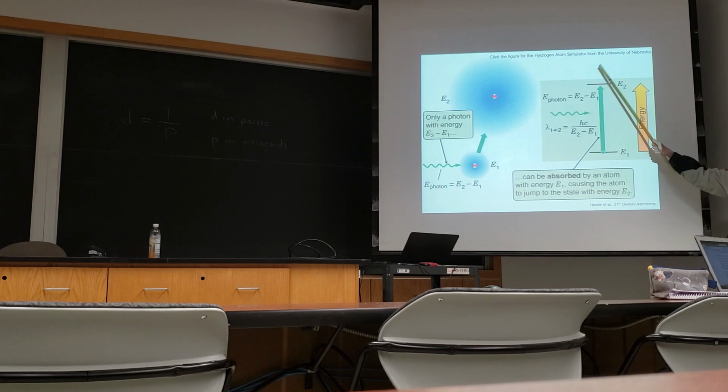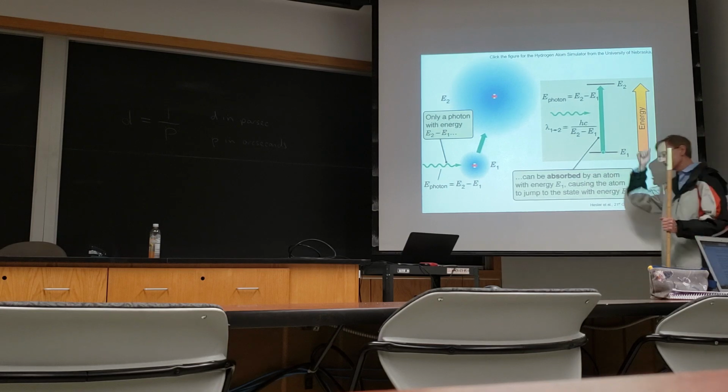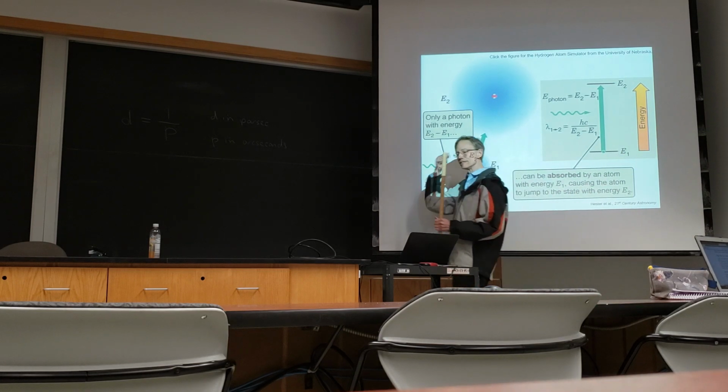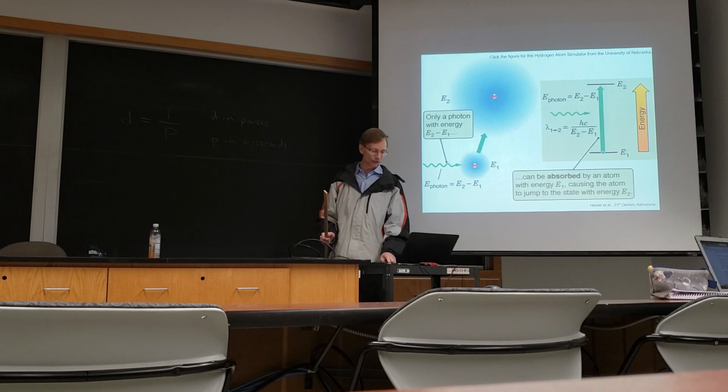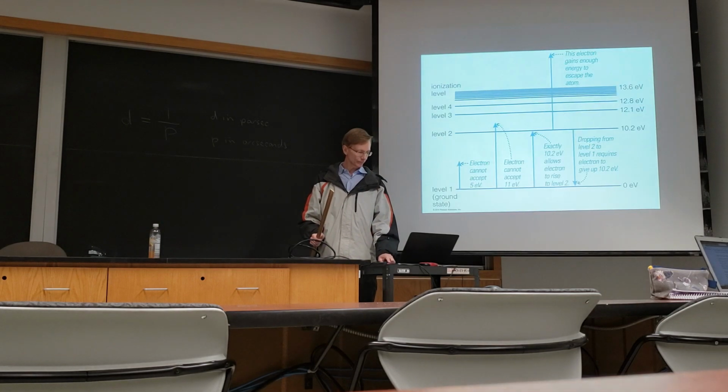If the energy is too high, the atom is like, meh, don't bother me. Unless the energy is so high that it's able to tear the electron off and ionize it, otherwise the atom's like, whatever. But if the photon's energy is just right, if it's equal to the difference between two of the allowed energy levels for the atom, then it can